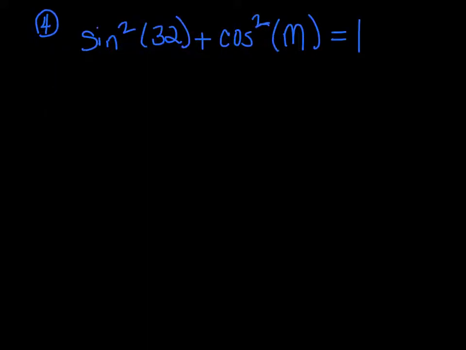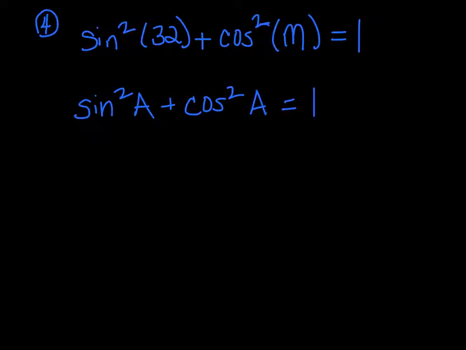So this question is very easy peasy. If you remember one little thing that we did speak about, we have a Pythagorean identity, and that Pythagorean identity, if you recall, is sine squared a plus cosine squared a